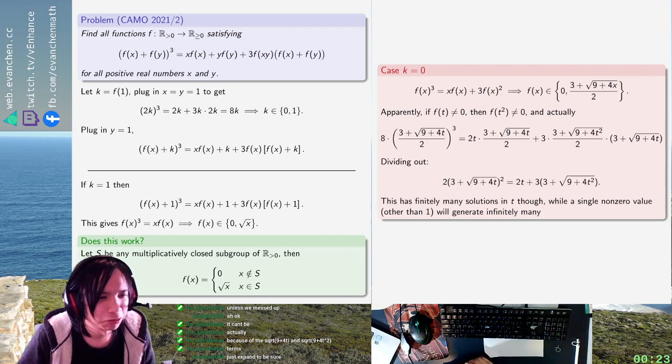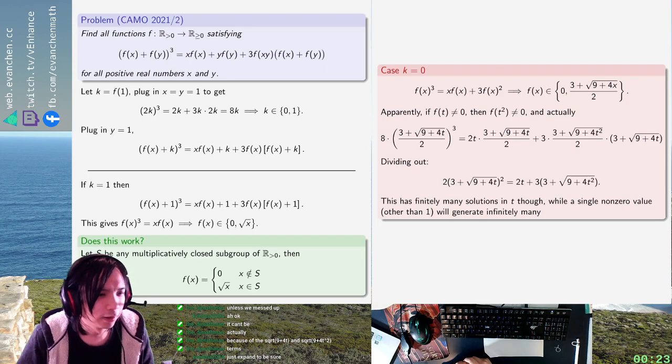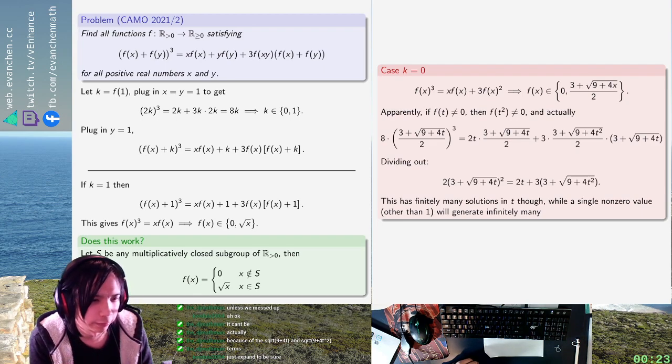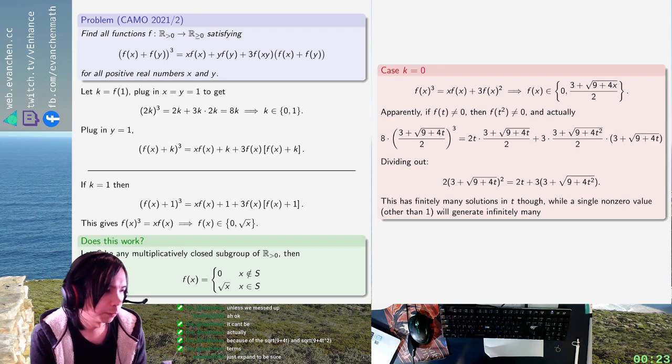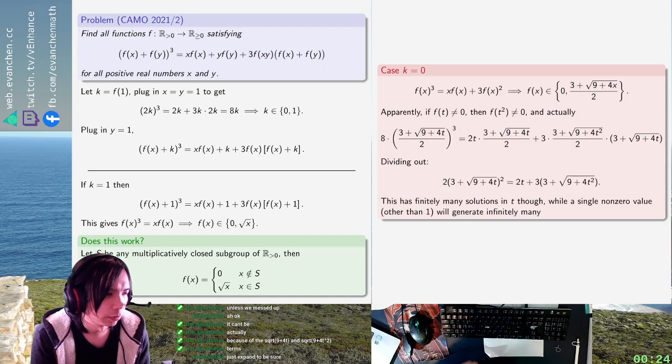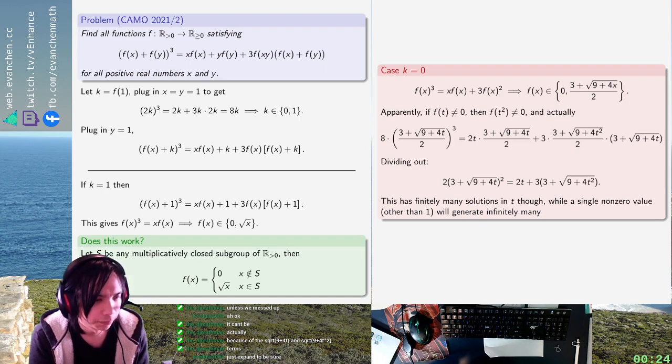Okay, so now the asymptotic growth rates actually match, which is not great news. On the other hand, in order to check that this is not an identity in t, all you have to do is plug in t equals 2, or almost any other value, literally any value. And because there's no unexpected relations between square roots, the left hand side is in Q adjoin root 17, the right hand side's in Q adjoin root 41, and these are disjoint places. So these two things don't match, and they can't match for infinitely many values of t. I'm kind of waving my hands pretty hard here, but